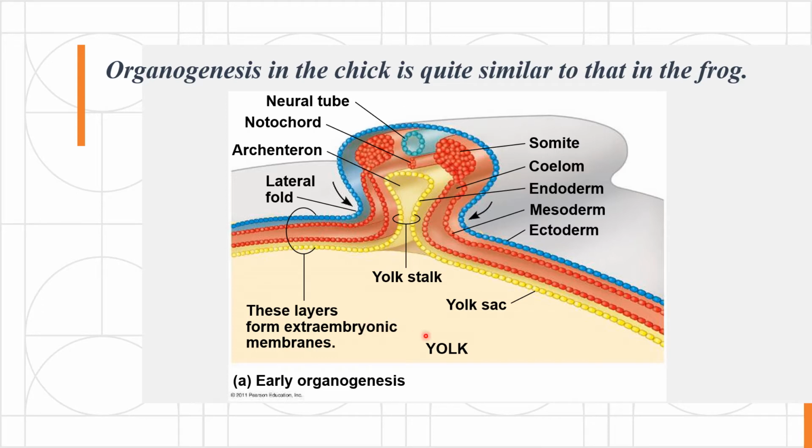And then this is the part of the yolk, and then here the yolk sac, the yolk stalk, and the combination of the three extra embryonic membranes. So this is how organogenesis actually happens initially to chick embryos. Okay,